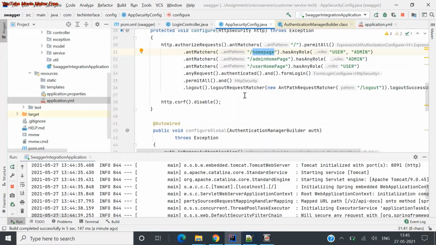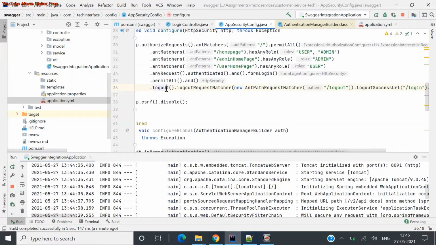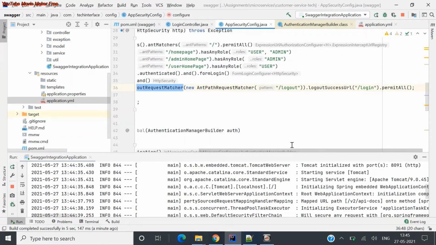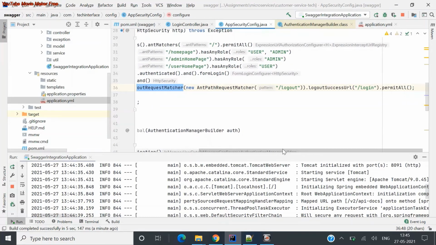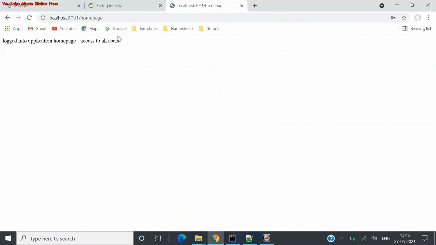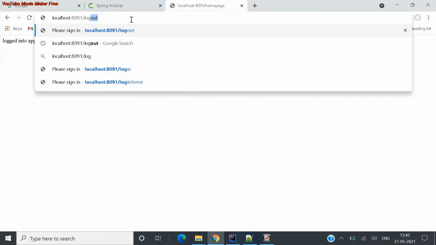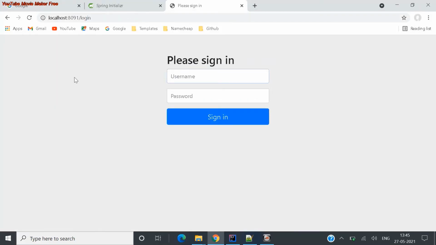One more thing I want to tell you: we are not explicitly logging out with some of the things. So what I did is configure the logout path here, so that I can log out and clear all those memory things. Not really clear, but it will override those things, and it will ask you to explicitly log in again. So once you are logged in with the username, I'll just log out. It prompted me again with a sign in, username and password.